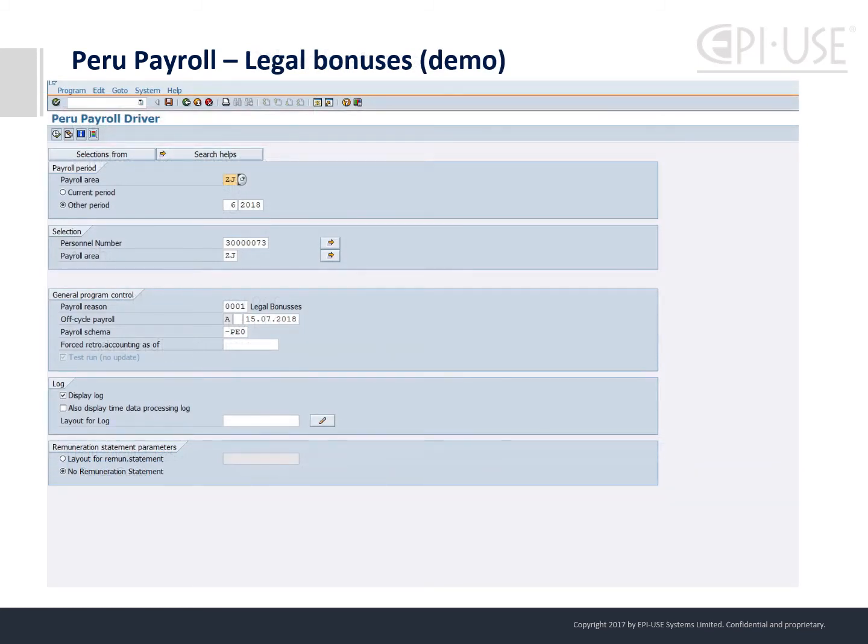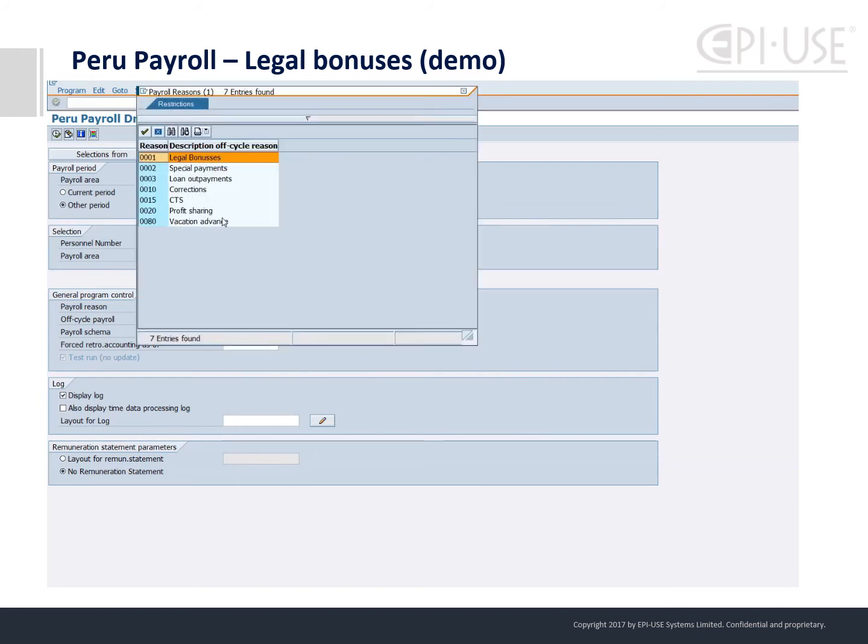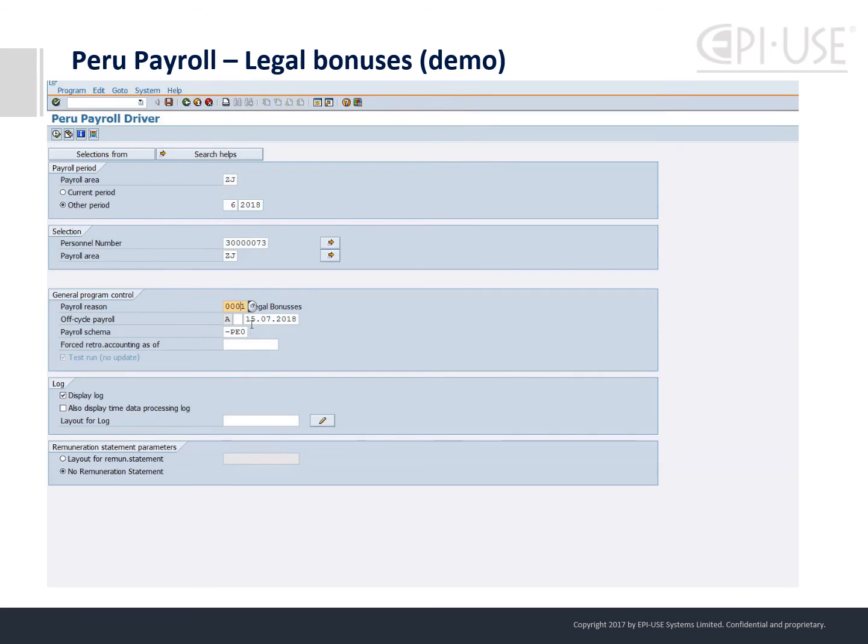In this example, I will show you how a legal bonus is calculated in July, in this case independence bonuses. So we can pay it via an off-cycle. So there's a payroll reason. The reason is legal bonuses. You have to put in the date, and this date is also checked in the system to make sure that it's a valid date for Independence Day bonus. So when I run this